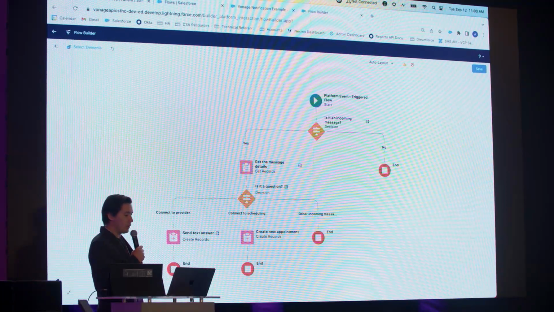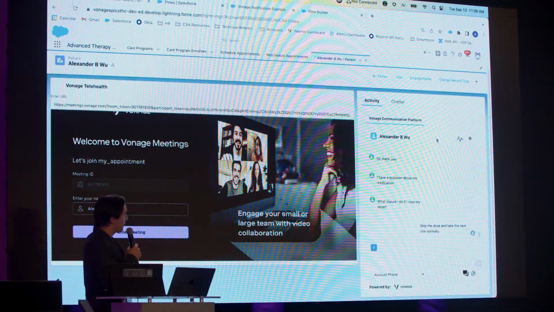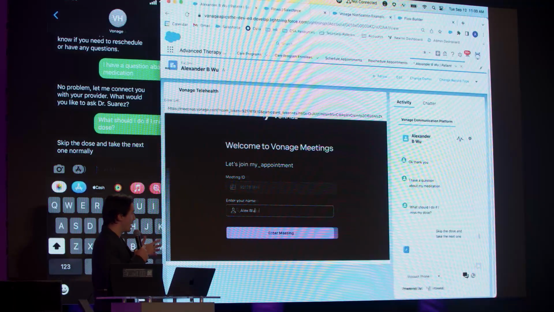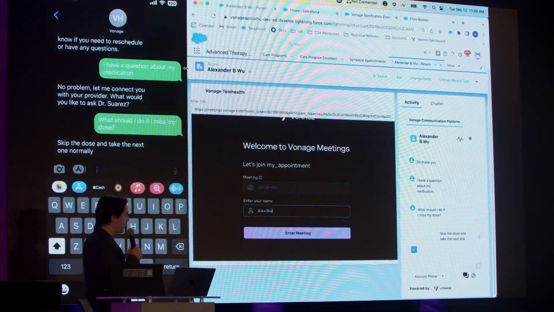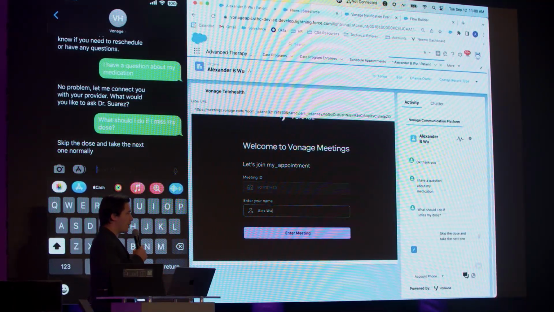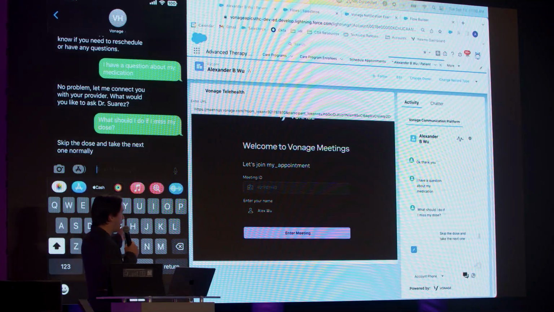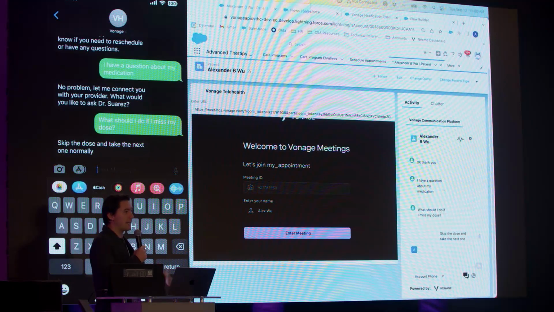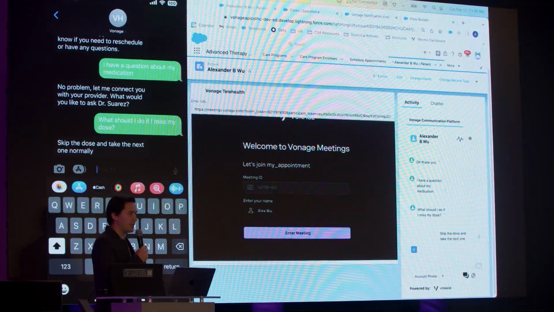And what I'll actually do here is pull up my phone screen and show an example of this happening. I'll show an appointment reminder, the proactive notification flow that you saw earlier, and then I'll also show an example of the bot responding, as well as an escalation to a provider to answer some questions.